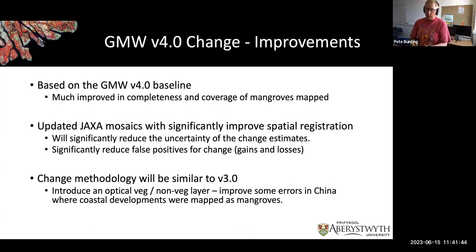Things that we're working on in terms of improvements for version 4. We're going to have a much better coverage of mangroves, as I showed you in some of the comparisons between version 3 and version 4. We're fixing a lot of those issues. The fact that JAXA have reprocessed all the data and that solves a lot of the misregistration will really help to reduce the uncertainties around the